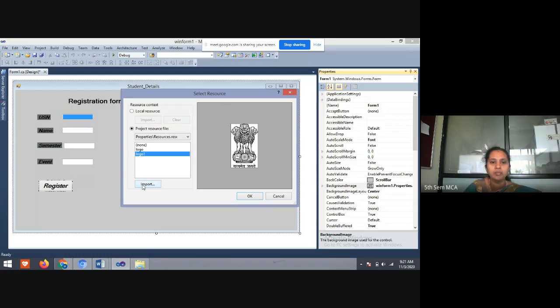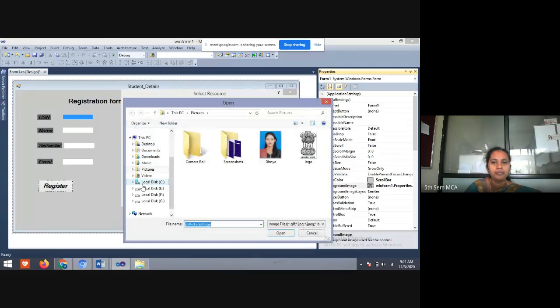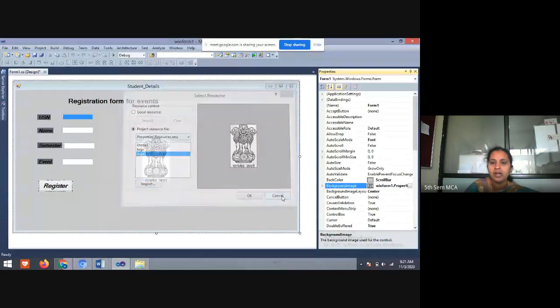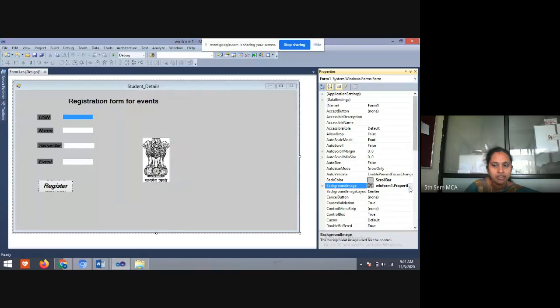To import an image, click on import, and in this pictures I have this logo. So select this, click on OK button, so it will be imported. And yes, students, if you observe,